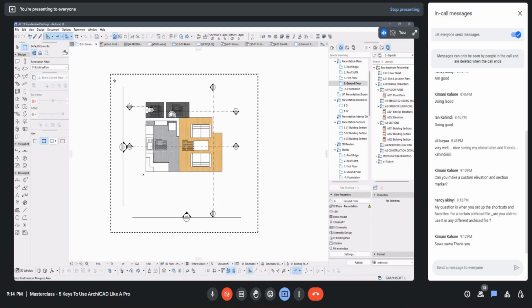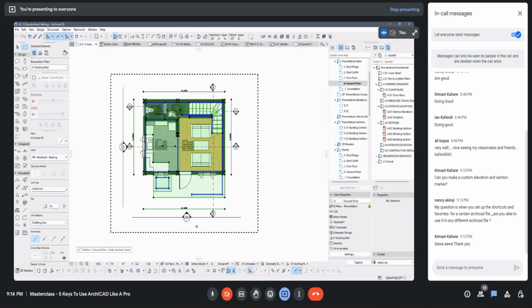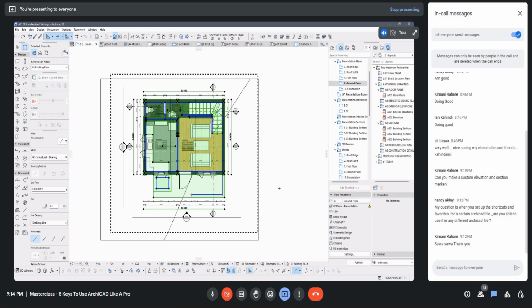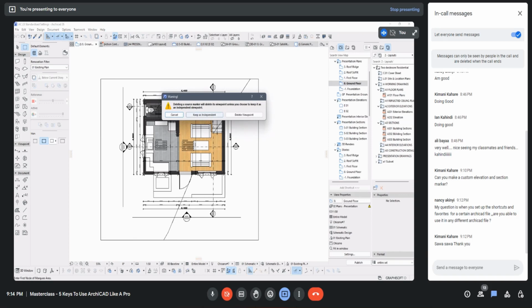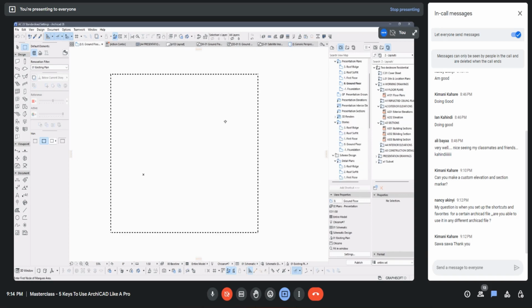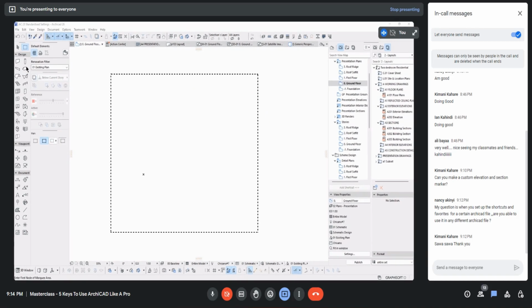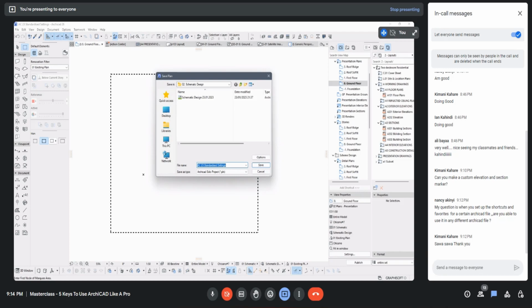But I find some things, the ones that have not been deleted are the ones that are locked, so let me undo that and let me change the layer combination so that everything is unlocked, and then delete. So it asks me delete viewpoint, delete anyway. So I've deleted everything. So if I want to create a template file from this, just come to file, save as,